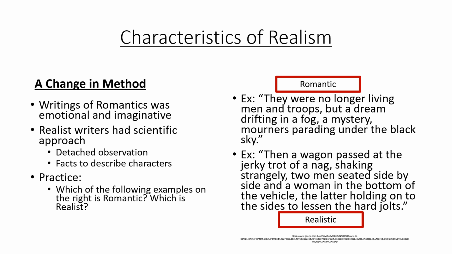So here you have this image of three people sitting in a wagon. So this, you can think of it as a large open air sort of trunk, if you will, made out of wood, right? That would have been pulled behind by horses. And so they're describing this scene very realistically, right? So you have these two men who are sitting on one side, they're sitting next to one another, and you have a woman who's sitting towards the bottom, towards the back, and that she's holding on to the sides of the wagon to try to lessen the jerking and jolting movements, right? There's nothing romanticized about that, right? Because we can clearly understand that these characters are not enjoying this ride in the back of the wagon.